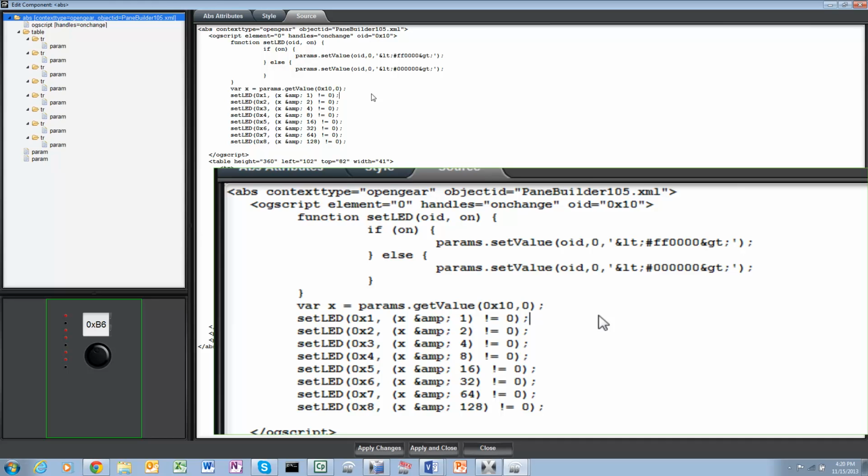And when things go wrong, you can use the debugger to either get a useful error message in the case of that syntax error, or you can actually use scripts support directly, use the OGScript debug message to print out the state of your parameters and other useful information to help you debug a program.